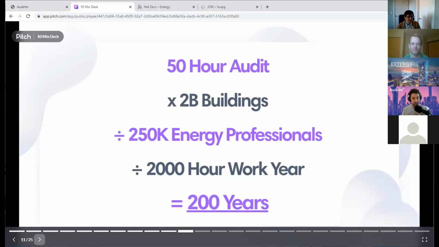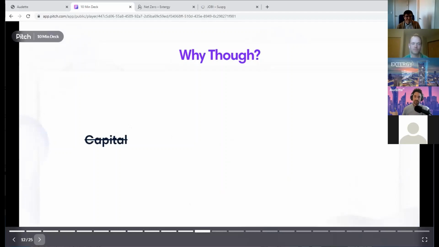2 slides forward. So then we ask the question, why? What's going on here? Well, it's not a capital problem. As the fundamental viability of real estate is threatened by this new economy, owners will spend whatever it takes to maintain viability in their portfolios.